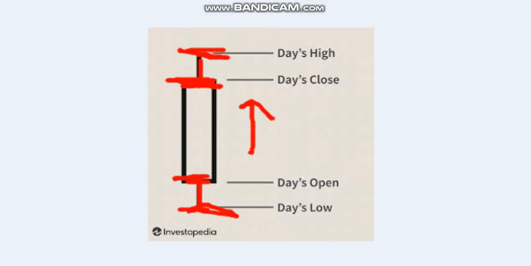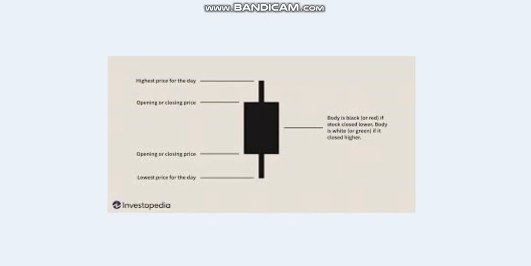So a single candle, if you look at it, you can identify the open price, the close price, the high price, and the low price for that security for that given day. If you check this candle out, this is another candle for you to understand. We call this a bearish candle.